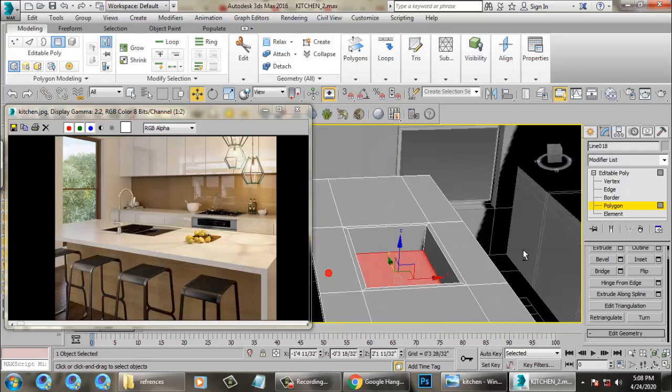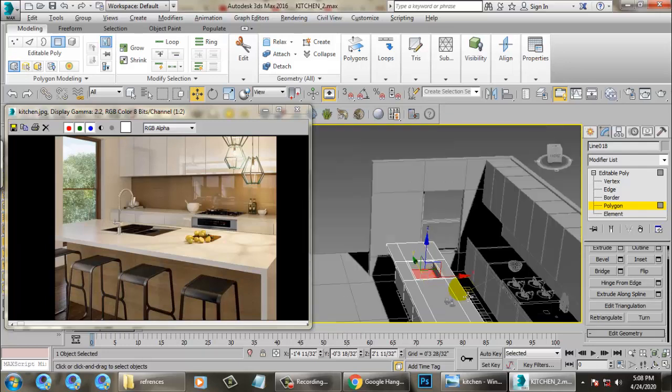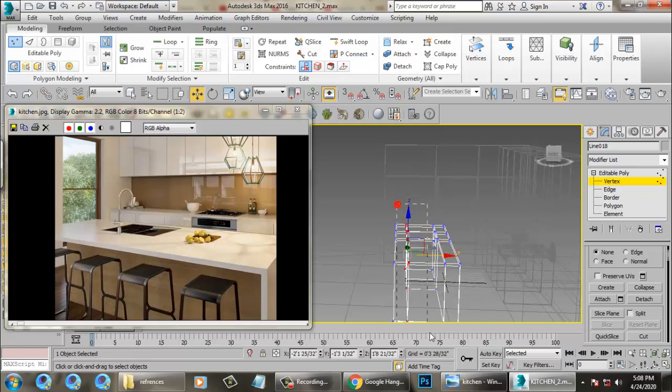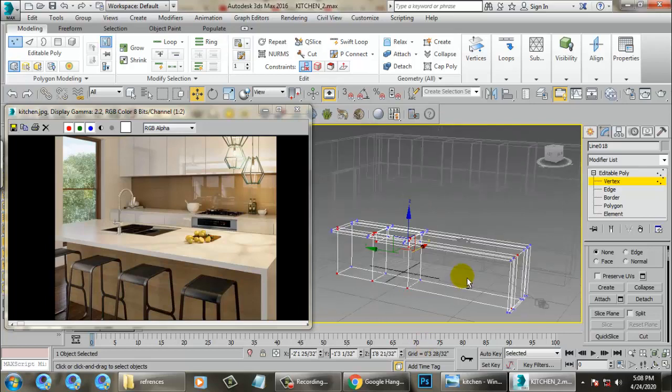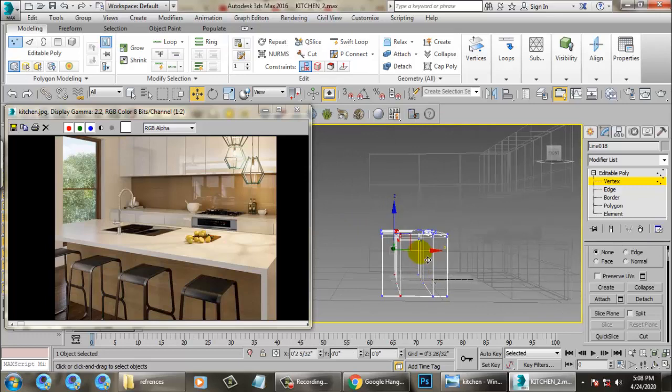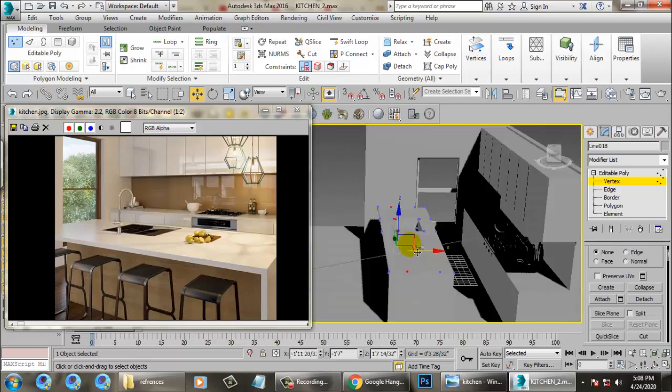That's it. Once you're done, you can push it a bit inside over here.